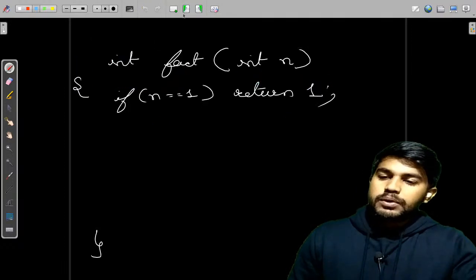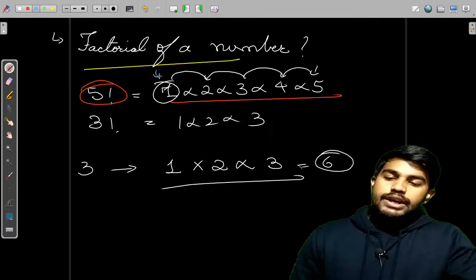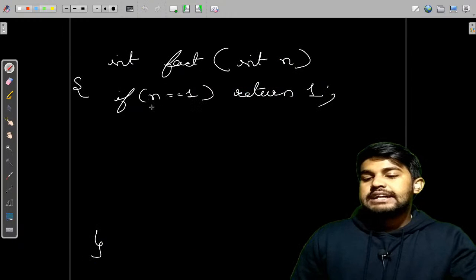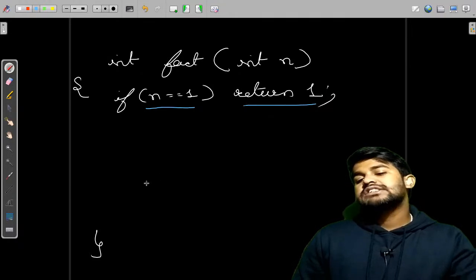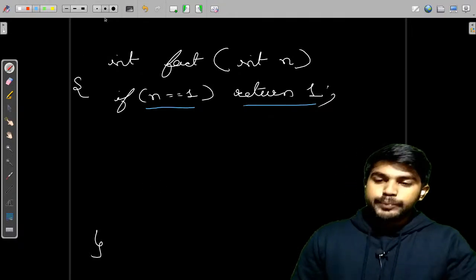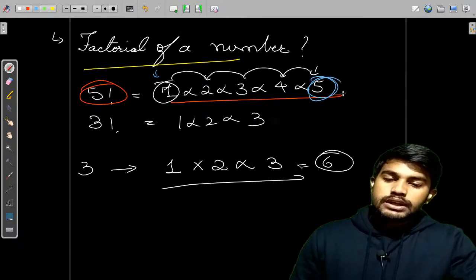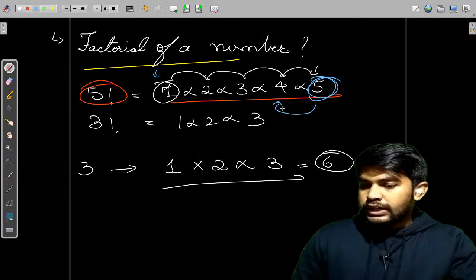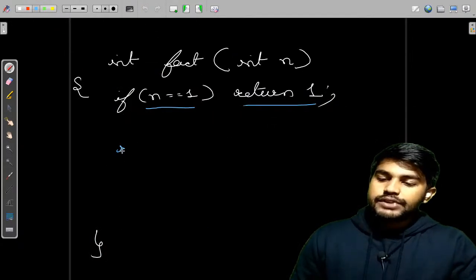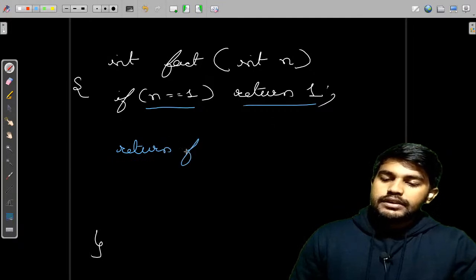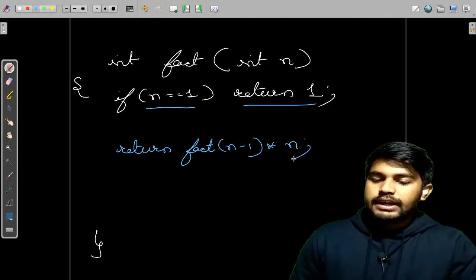Okay, so here we are coming to the conclusion that when we reach 1, we would stop. So when n is equal to 1, we would return 1. Okay, and when n is not equal to 1, what do we do? When n is not equal to 1, we would multiply this number and go to the next smaller number. So we would just say return fact of n minus 1 multiplied with n. Okay,